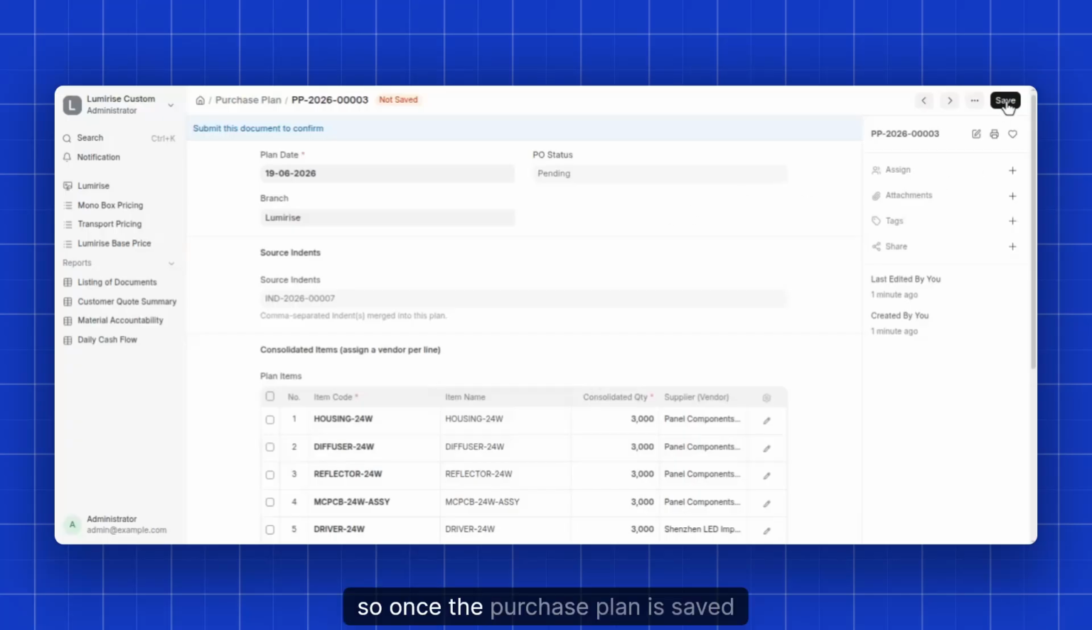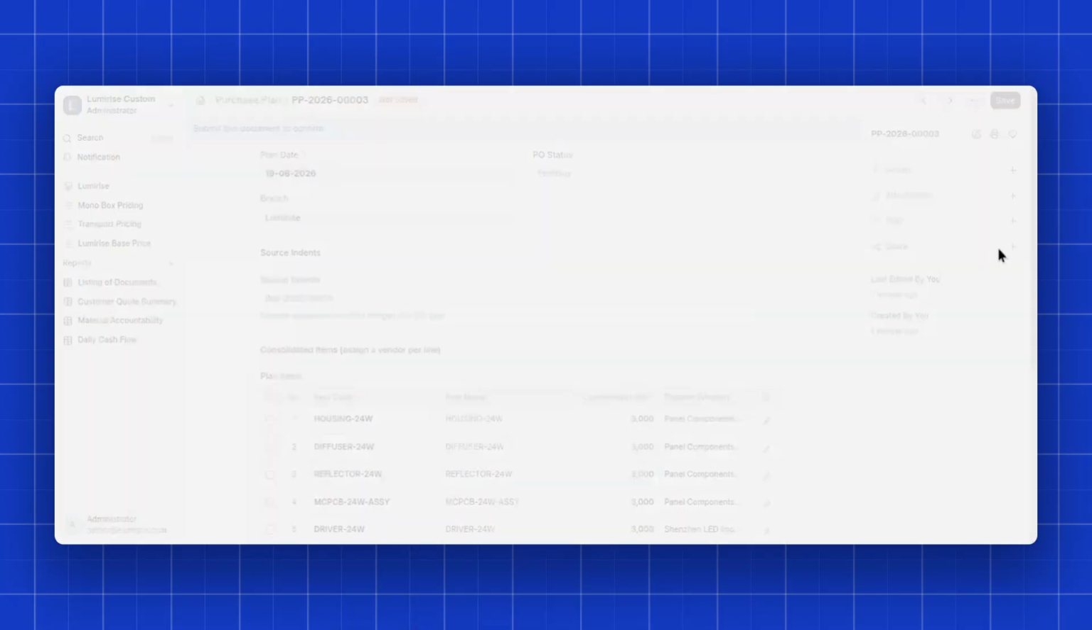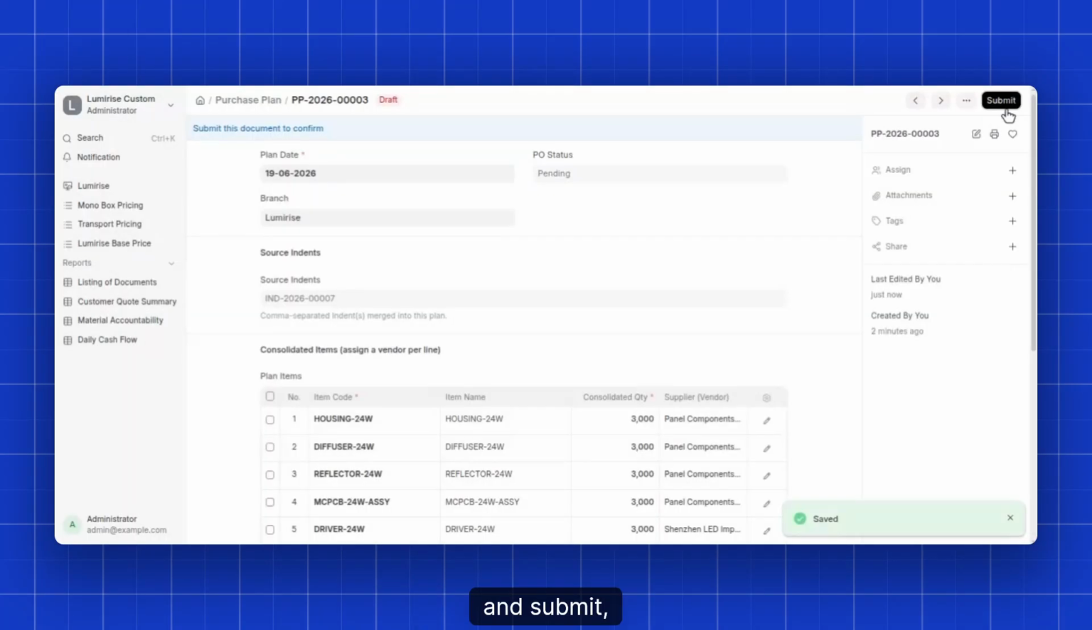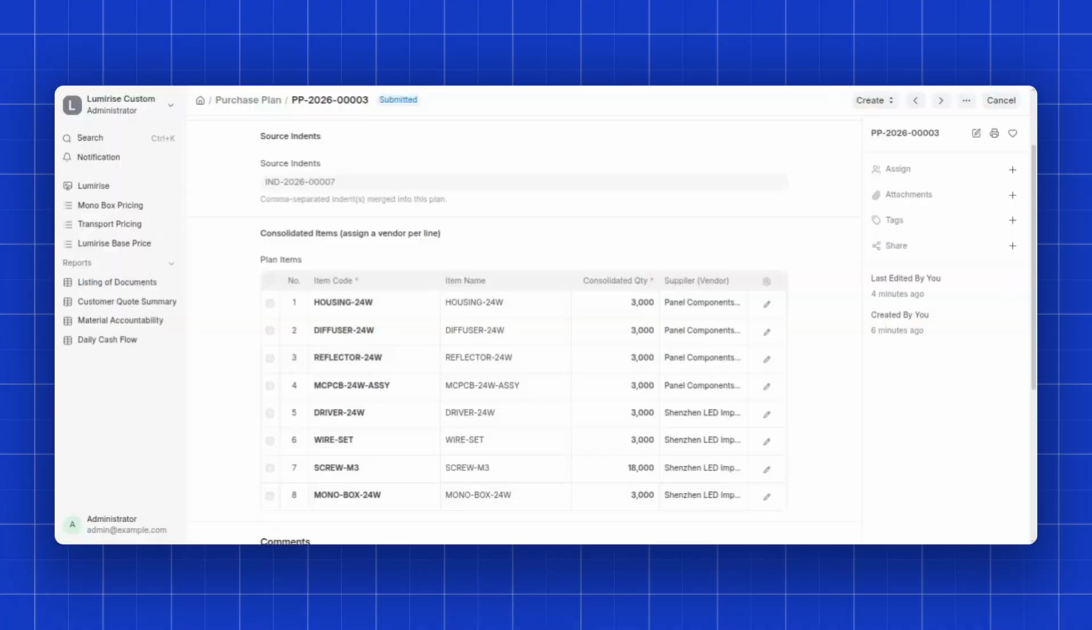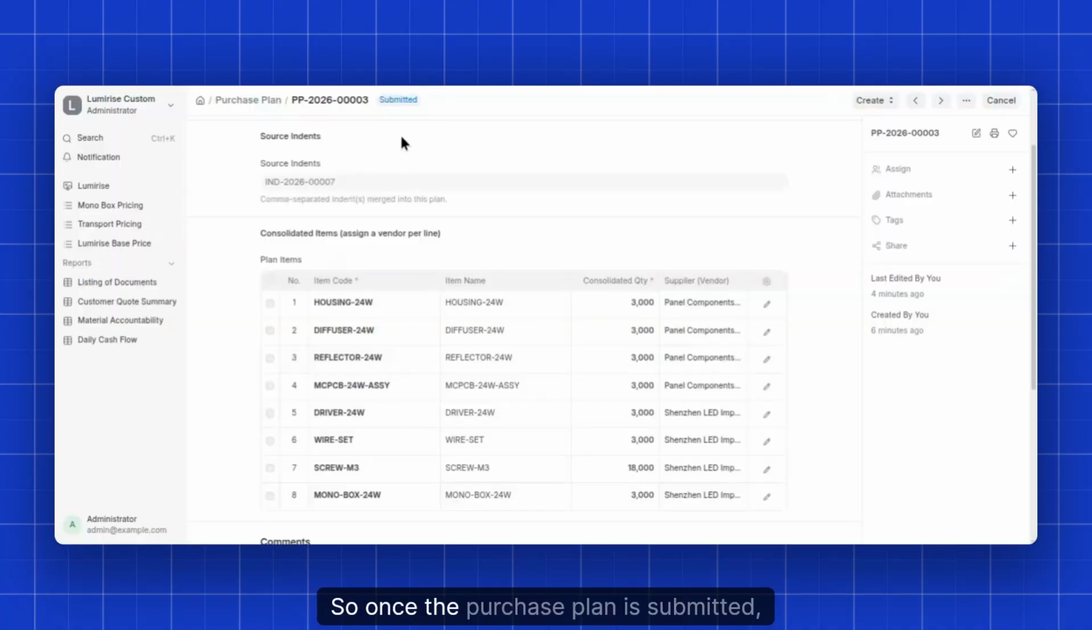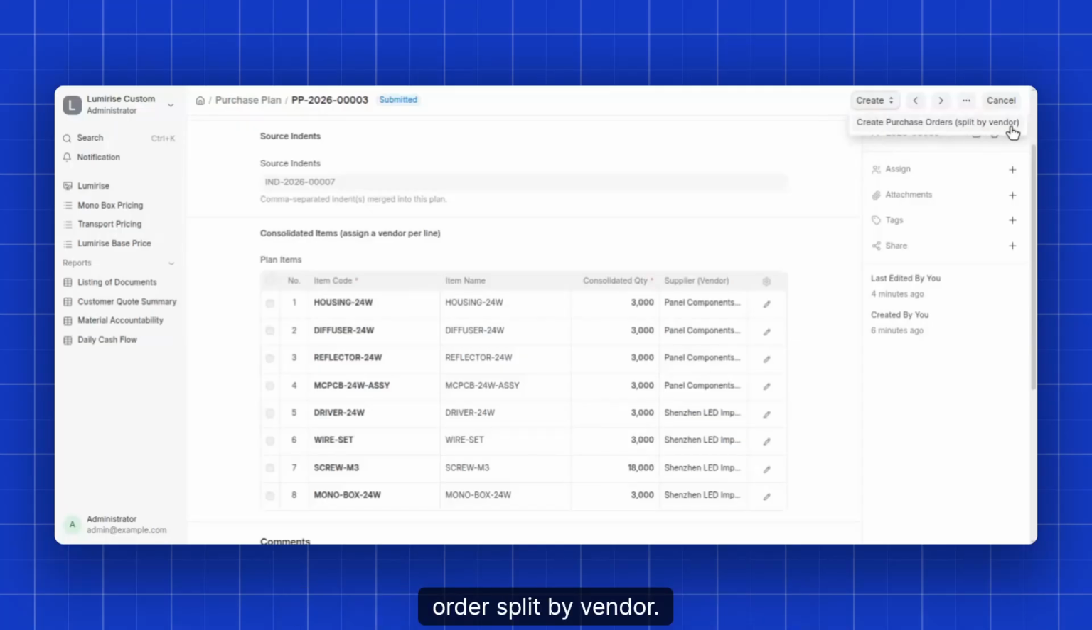Okay, so once the purchase plan is saved and submitted, user will see the create button at the right top. Once the user clicks on that, it will show the option to create the purchase order split by vendor, which